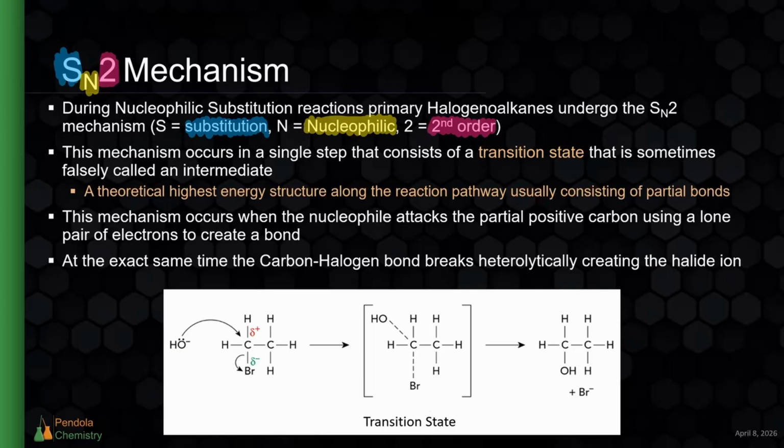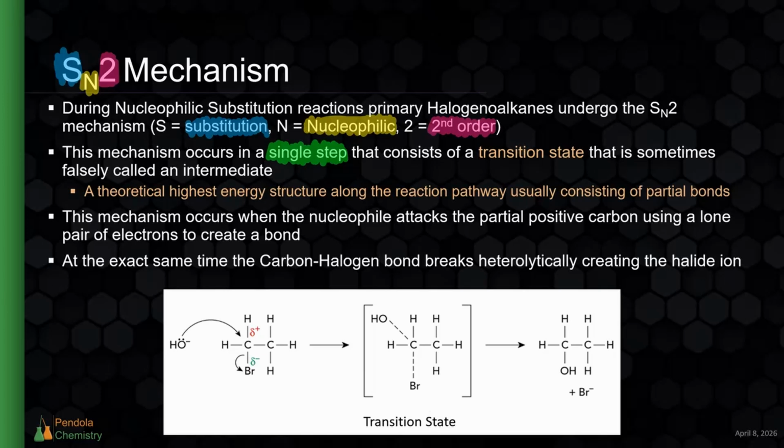And this is very important here. This is going to consist of only one step, which can be confusing considering that the mechanism is SN2 with the number 2. Just remember that the mechanisms are a bit backwards from what you see in the name. An SN2 mechanism happens in a single step, in one step, whereas an SN1 mechanism happens in 2 steps. So they're the opposite of what you see. So the SN2 mechanism happens in a single step that is going to consist of what we call a transition